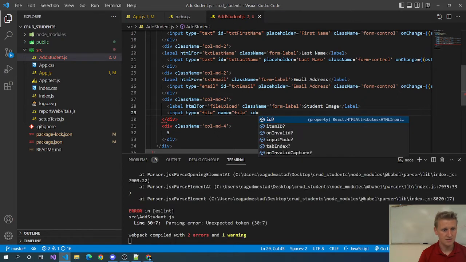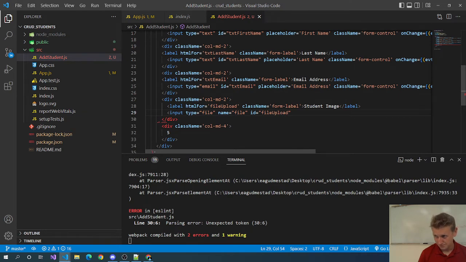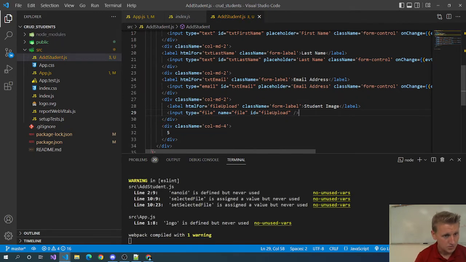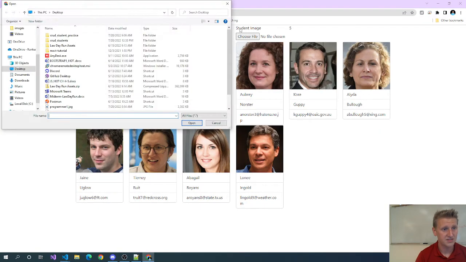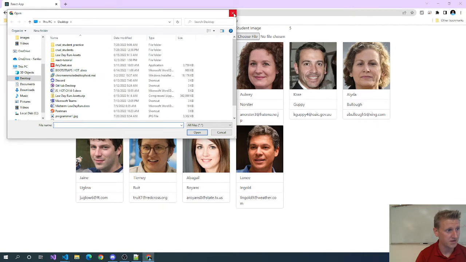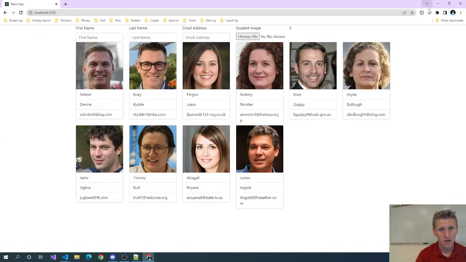ID is file upload. So that gives us the label, and when we click the button, it's going to open up a dialog box to browse our local computer. So we got email address, last name, first name, student image, and now we need a submit button,